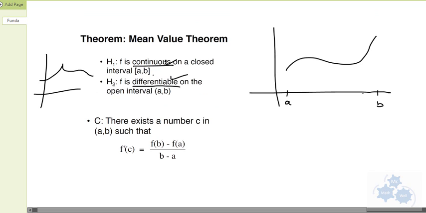But if this is the case and this is the case, there exists a number C somewhere in the interval, somewhere in between A and B, such that the instantaneous rate of change evaluated at C is equal to, and this right here is the average value for the entire function. This is the slope from beginning A to end B,